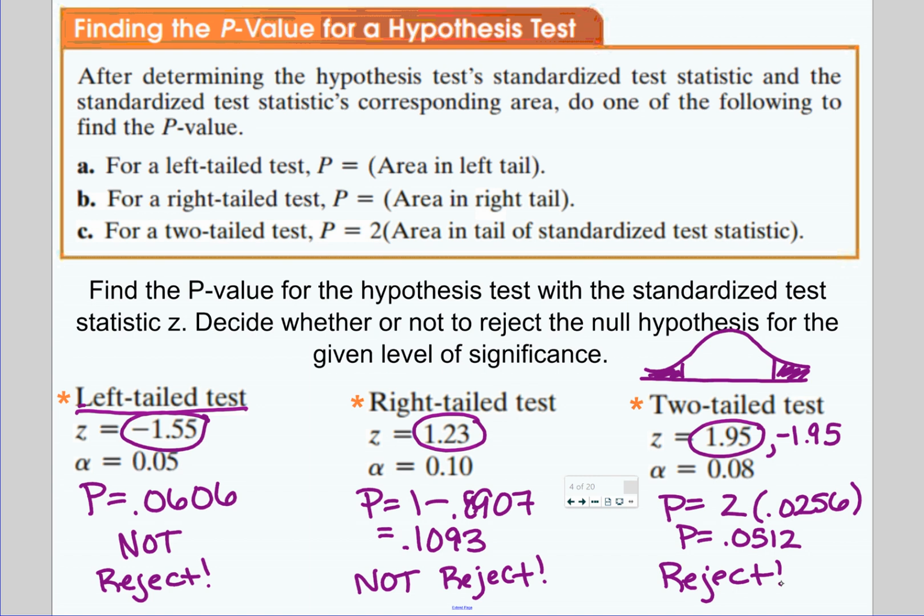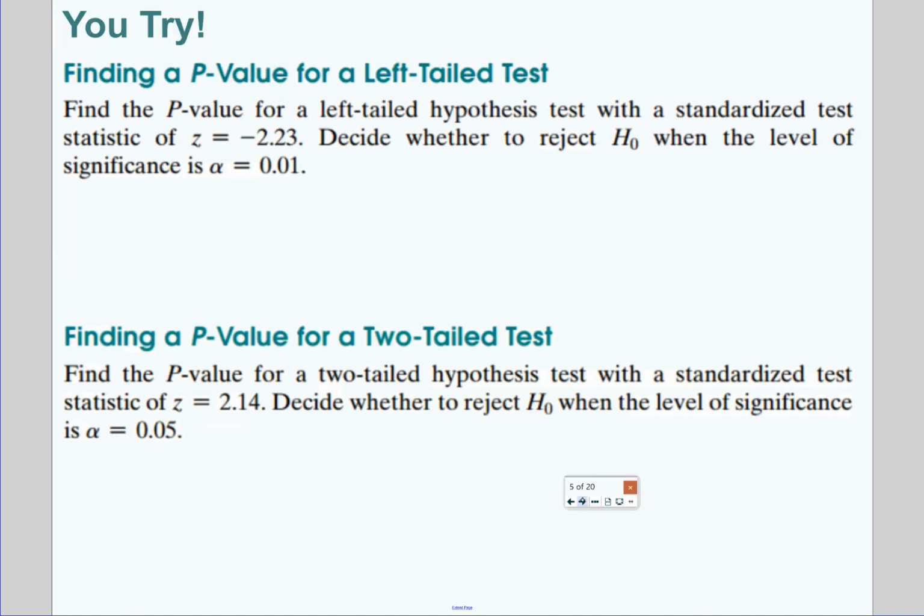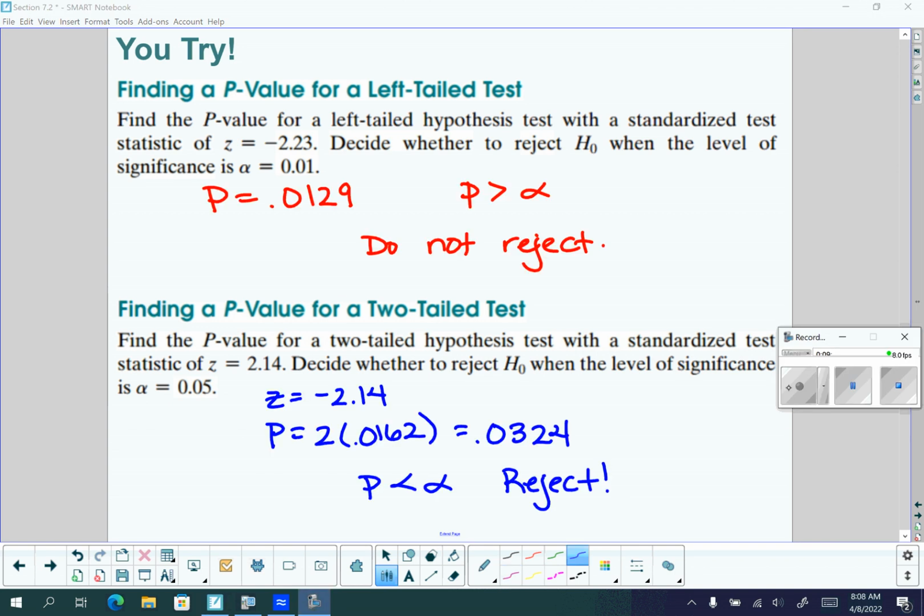Okay. All right, there are 2 on the next page for you to try, and then we just have 1 more slide after this, and we're done. Try these 2. It tells you what kind of test it is. Find the p-value, compare it to alpha, and decide if you're going to reject the null or not. All right, when you're ready,